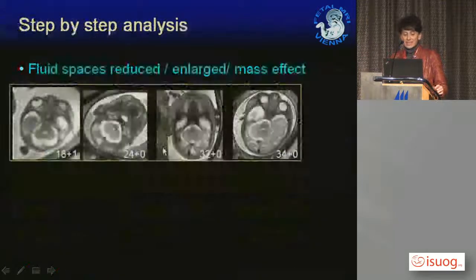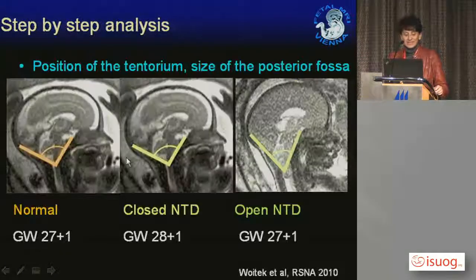And we also did a study where we looked at the angle, at the position, and here you see the occiput clivus angle, and here in normals, in closed defects and in open defects, and the angle was almost the same in the closed neural tube defects as in the normals,